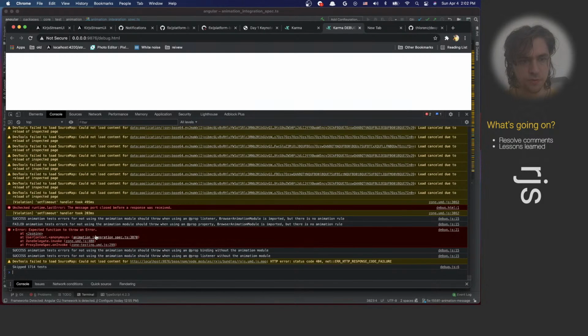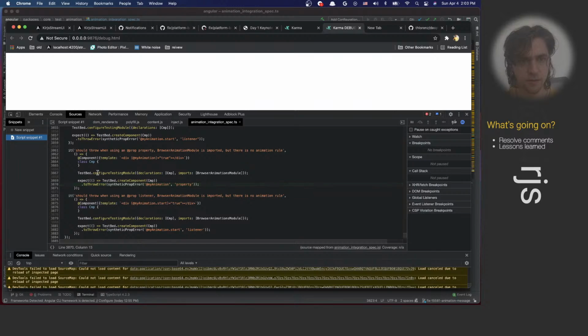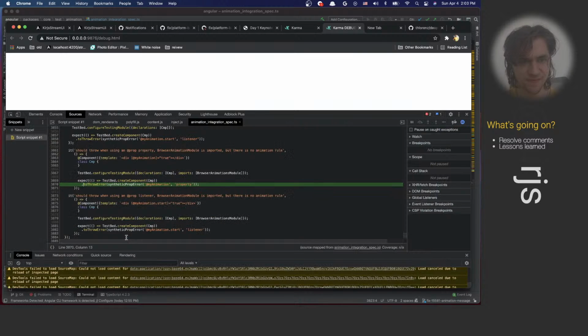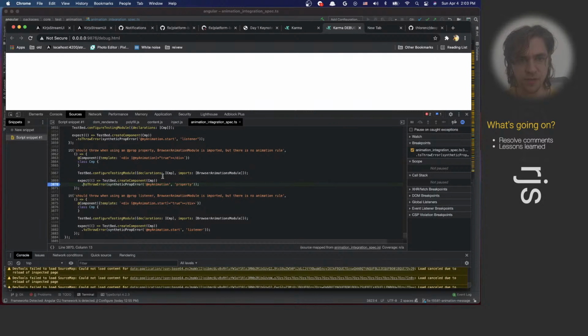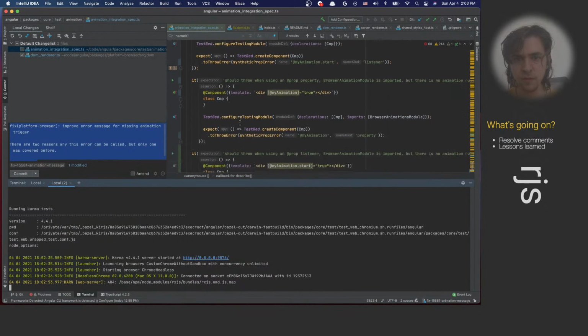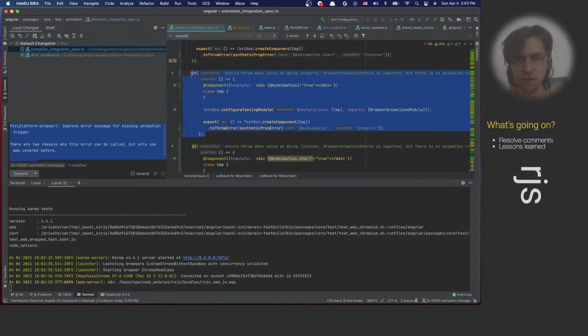Expected function to throw error. So it didn't throw error? So what did it do? So we create the component with browser modules and with that property. So maybe it doesn't throw. Does it only throw for the property? Let me comment this out for now. This thing, right? So I'll just comment it out. And then